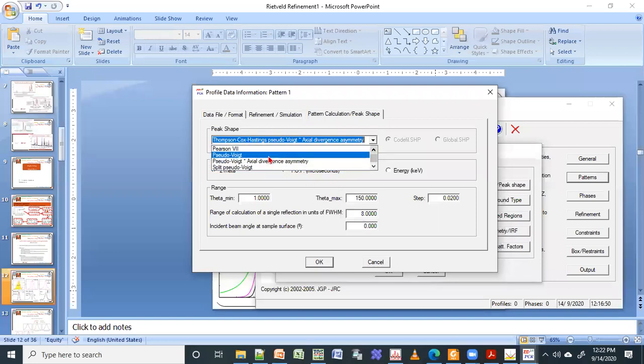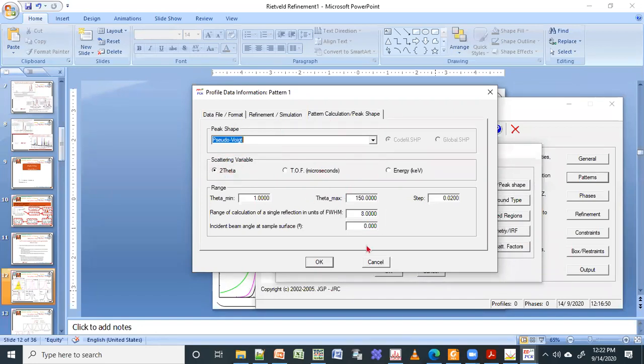Okay, so let us start with pseudo-Voigt, which is nothing but a mixture of your Gaussian and Lorentzian. Or you can also start with Voigt. Or the best thing for everything, you can use Thompson-Cox. So you can choose one of them; it depends again on the shape of the peaks in your data. I always go for Thompson-Cox, but let us try pseudo-Voigt. Then it is asking your x-axis, which is in 2 theta.